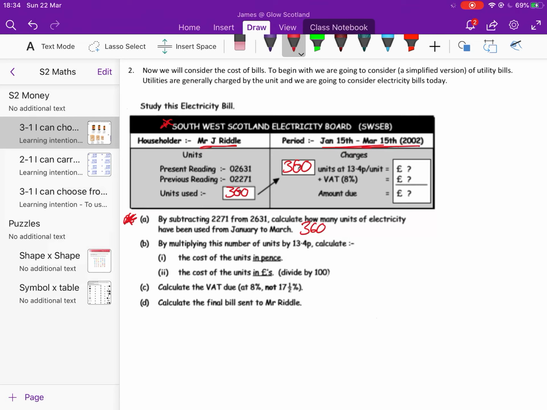So it's 360 units and I'm getting charged 13.4p a unit. So I'm going to need to multiply them. That's going to be 360 times 13.4 pence. We'll be a little bit careful here because 13.4 pence is going to give us something that looks rather large in terms of our answer. I'll explain that just now. So that's coming back here